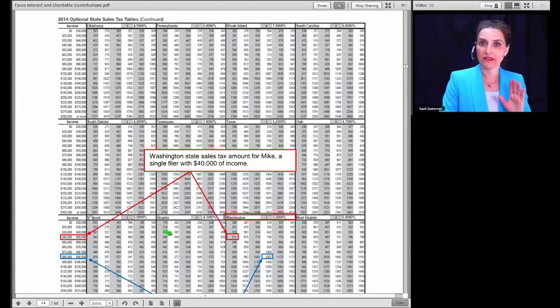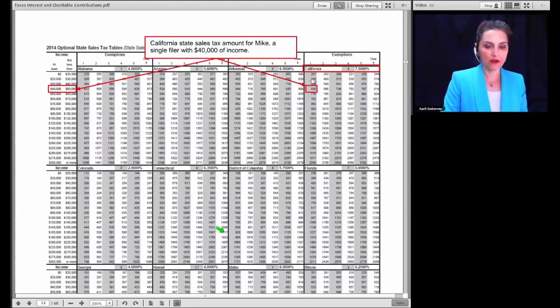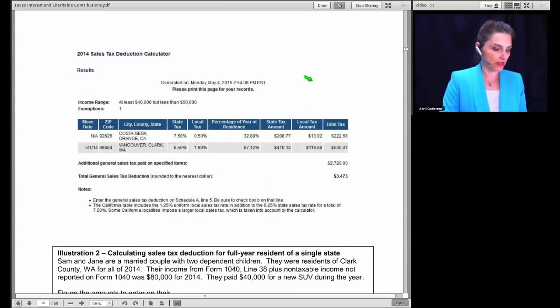He resides in California for part of the year, and he resides in Washington State for the second part of the year. And so we have to actually look up 2 numbers on this table. The first number that I just showed you was the sales tax allocation for California, and this second number we're looking at Washington State. So Washington State says start with $611, and California says start with $635. So now that we've got those 2 figures, or at least understand where they come from,